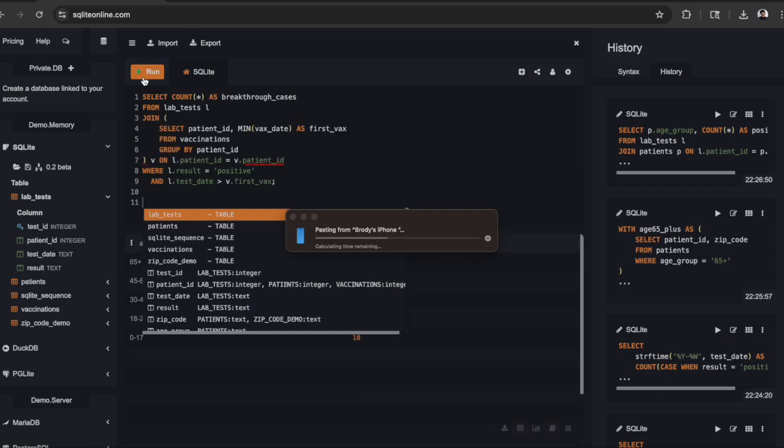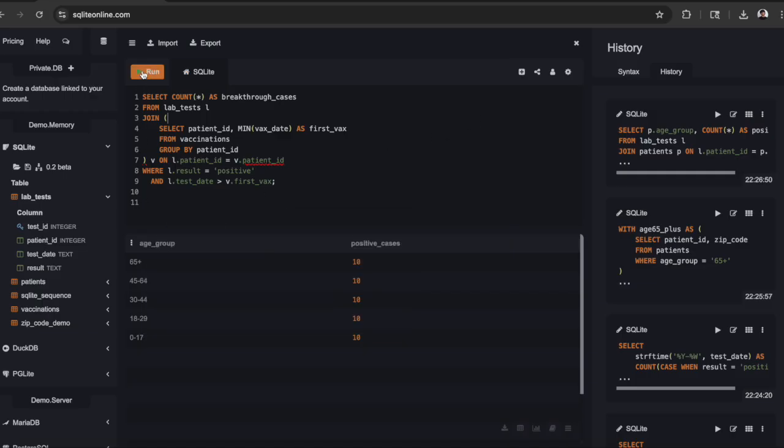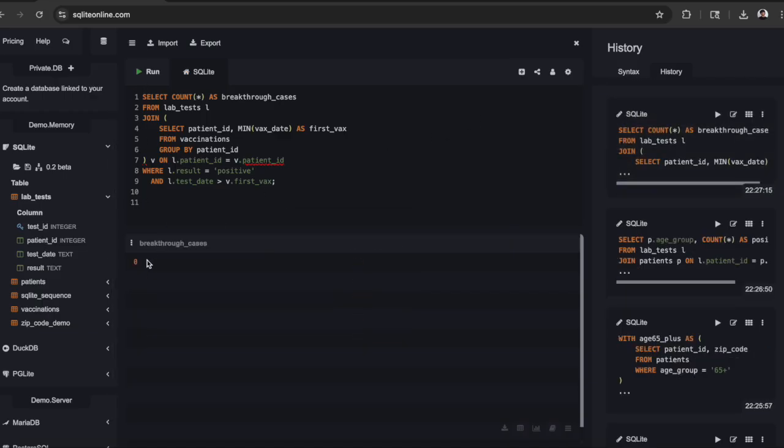So then that leads us to our lovely question 4, which we've gone ahead and already populated and ran. Lastly, we want to know how many breakthrough cases we are seeing in patients who tested positive after their first vaccination date. First, we find the date of the first vaccination, as you can see up here, for each patient. Then we join each patient ID and lab test so we can compare each test to that patient's vaccination date. Then we filter out only the positive cases whose lab test date occurred after the vaccination date, and we